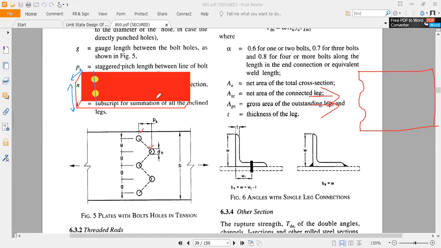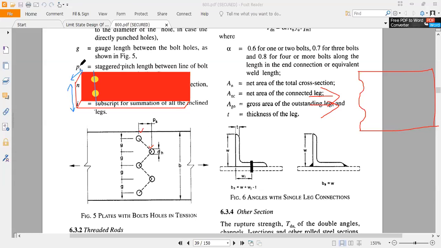Yes sir. Right? See in this figure, if you want to find the area, if you see from this side, what will you see? You will see the face. That face is basically giving you the area. So what is that area? That is basically B, and this is T.